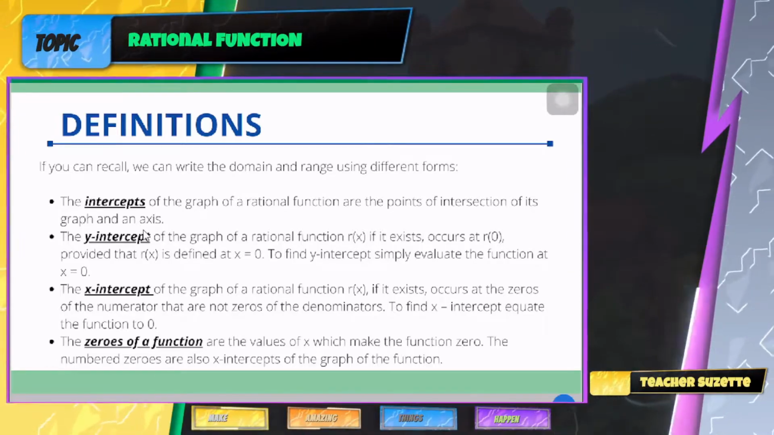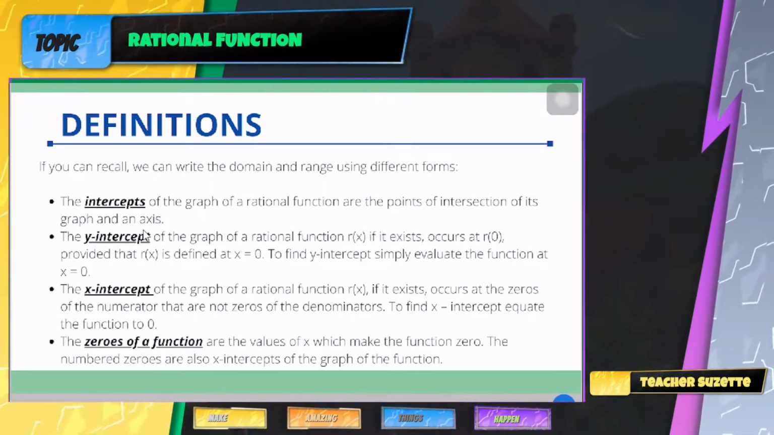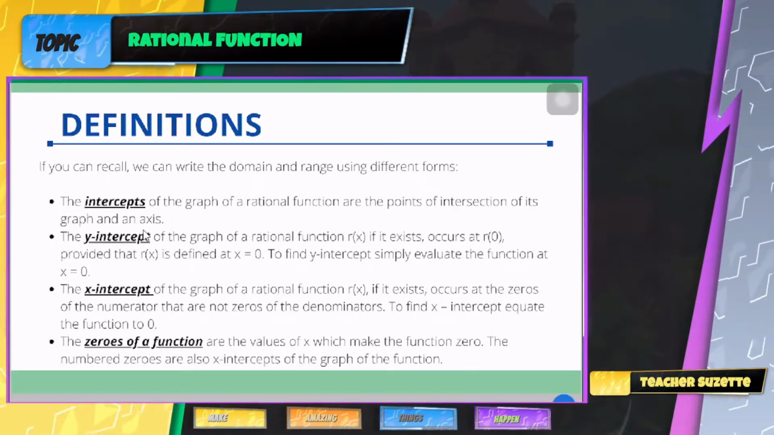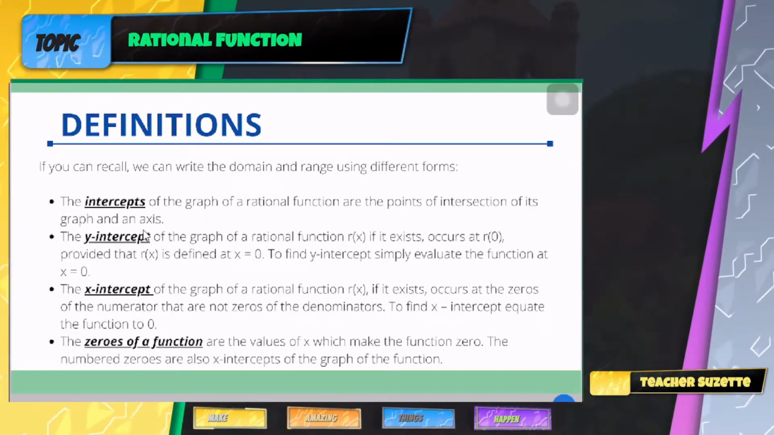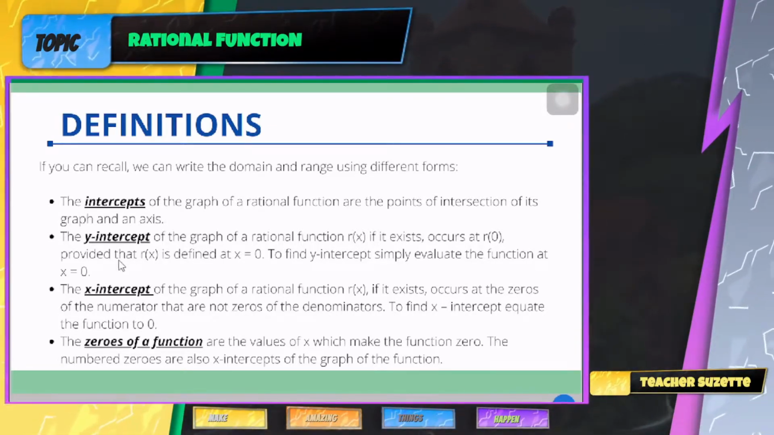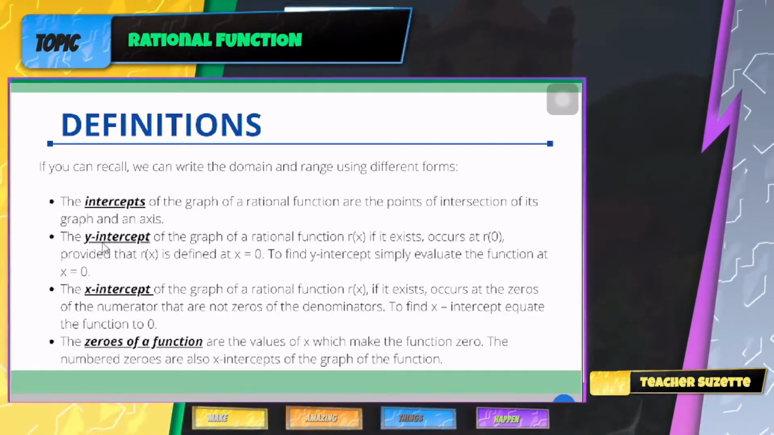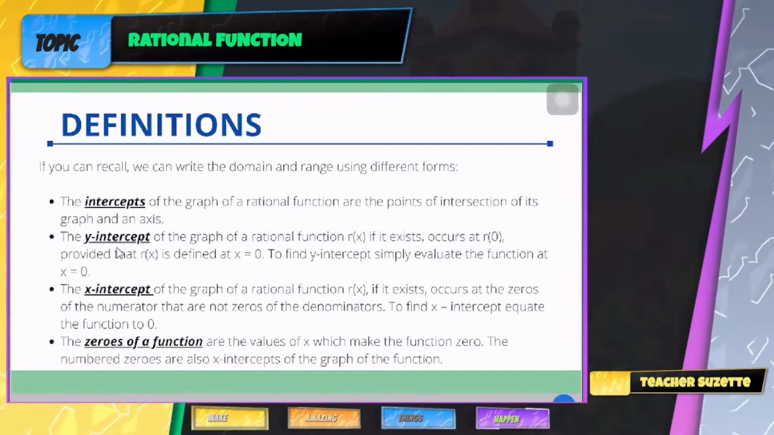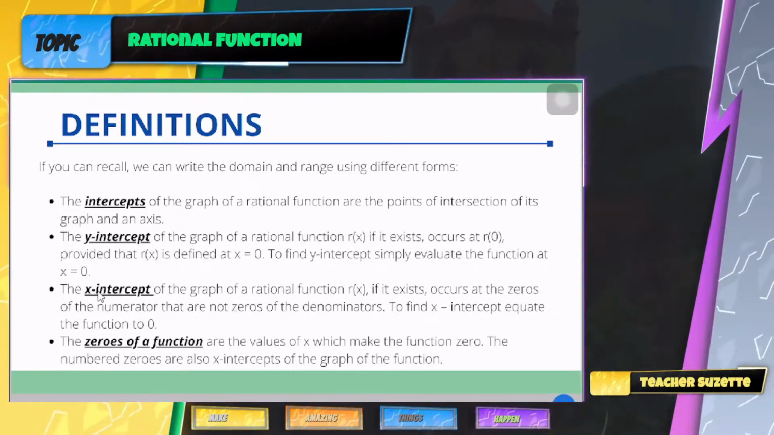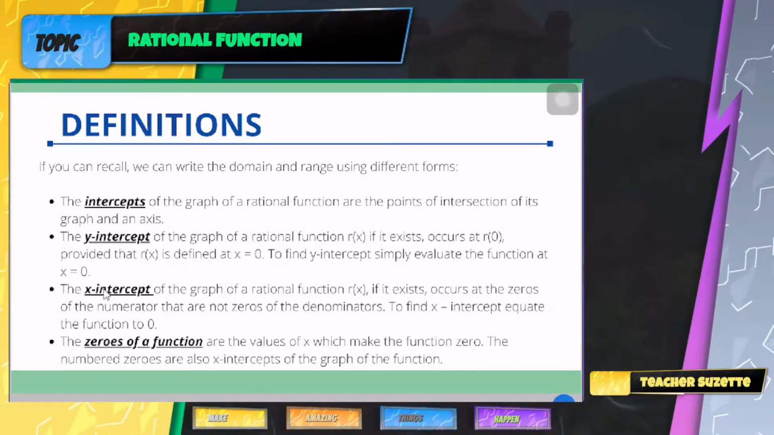and an axis. So if you have the graph of a rational function, the instance where it intersects the x and y axis will be called your y-intercept or x-intercept. So, most likely, a y-intercept is where your graph intersects your y-axis, and your x-intercept is the instance wherein your graph intersects your